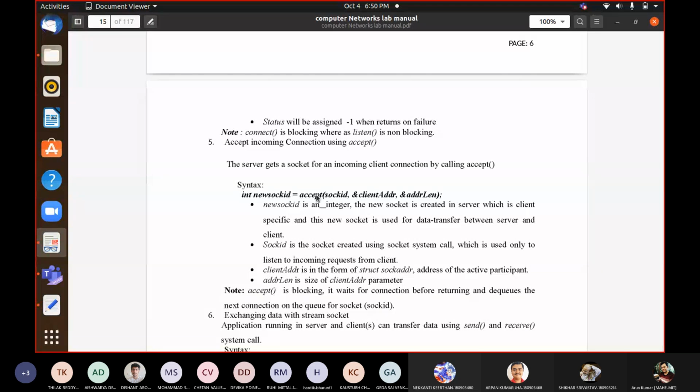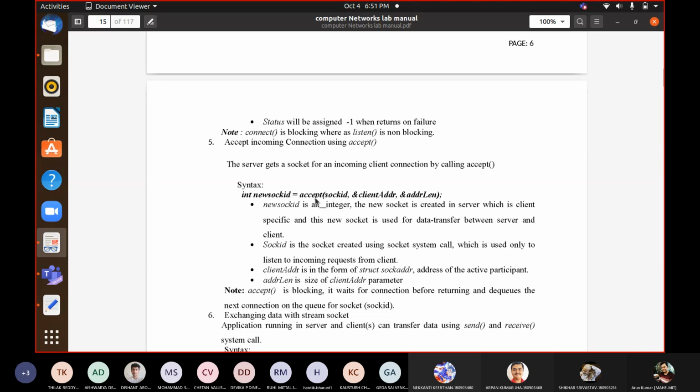So here in accept, we are dealing with the TCP stream, the TCP establishment of the connection. In TCP connection establishment at the server side, the server is listening passively on one socket that is entirely for listening, which we created initially. Initially we create one listening socket on the server side which will always listen passively, always be active, and whenever a request comes, that request is handled on another socket. One more socket is created specifically for that request, which is going to be handled by that server.